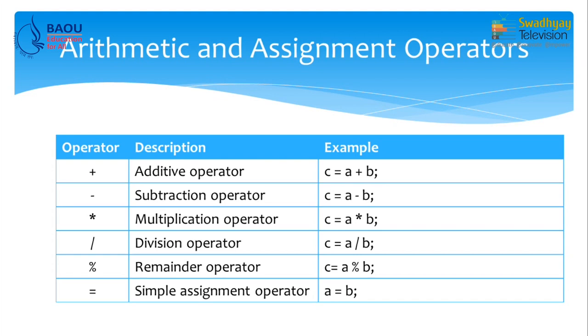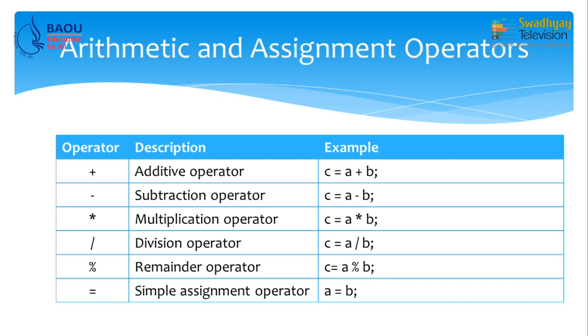For example, A and B are two values. We can add two values into C using assignment and addition operator. So, you can write down C = A + B. Similarly, to subtract two values, we can write down C = A - B, and the one operator which might be new for you is remainder operator. So, what does it store? As its name suggests, it stores remainder after dividing A by B into C.